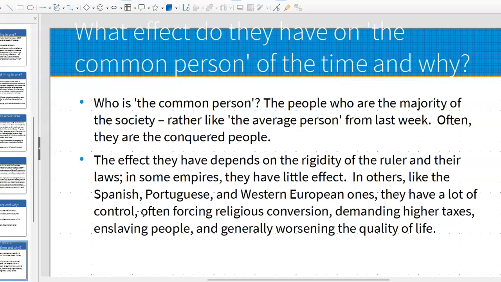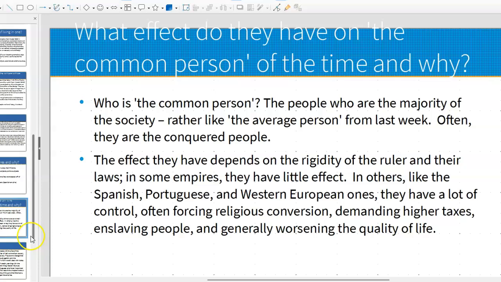The effect they have depends on the rigidity of the ruler and their laws. In some empires, they have little effect. In others, like the Western European empires, they have a lot of control, often forcing religious conversion, demanding higher taxes, enslaving people, and generally worsening the quality of life, which is a big part of what we're going to see